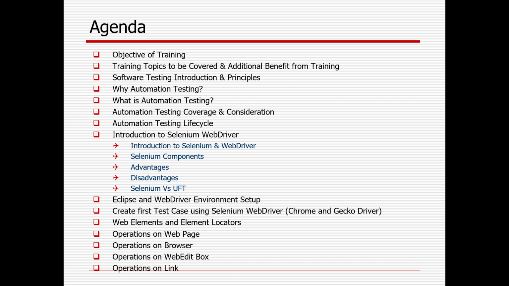So as part of the software development lifecycle or SDLC process, first the requirement used to come, then planning used to happen, then the development team used to do the development of the product, then testing, then support, any kind of fixes or maintenance, then the product used to go live. And now, because testing is considered as an independent team,